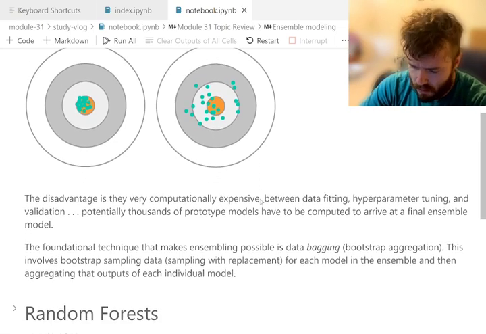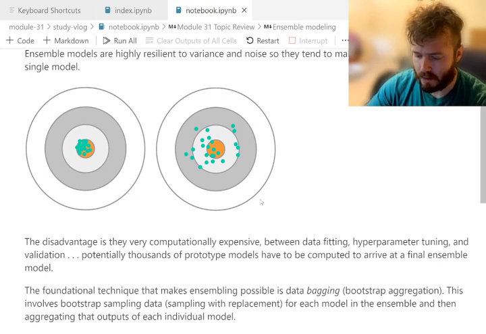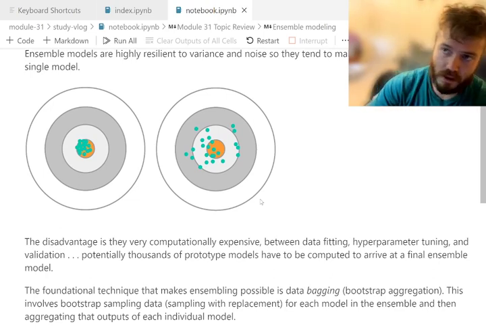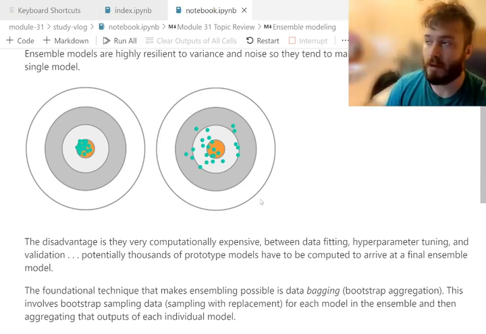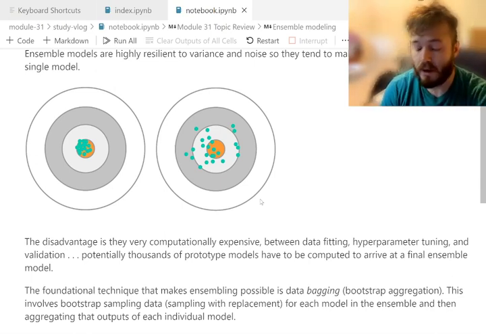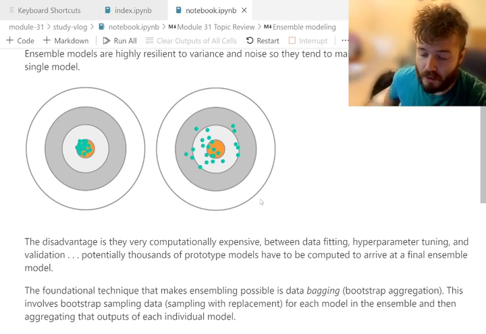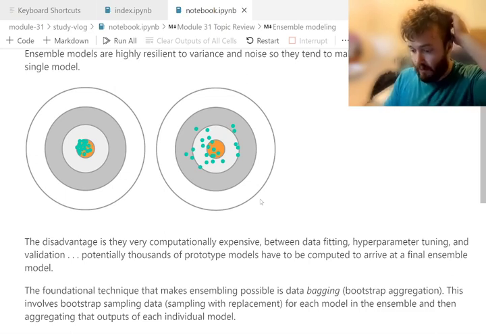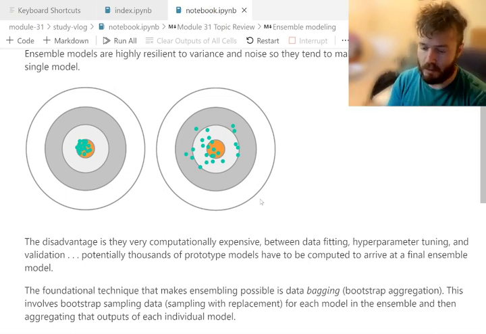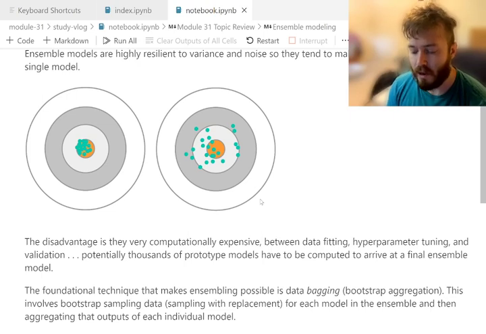Let's talk about bagging real quick before we get into the specifics. There are all sorts of different ensemble models, just like there are all sorts of different models. They all have their own advantages and disadvantages, but they all utilize the same basic idea of bagging, which is a contraction of the phrase